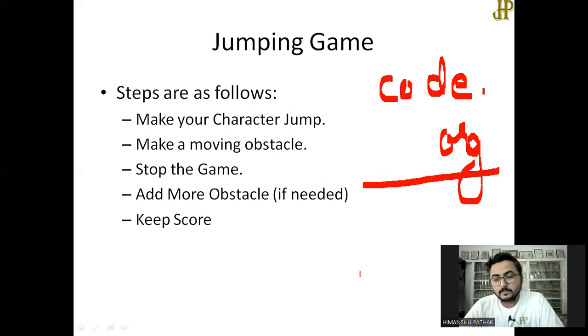Now, I am going to show you a jumping game, how to create a jumping game. So what are the steps? Make a character jump. I have taken a character and that character should jump upward and downward. After that, I have to make a moving obstacle. Again, a new sprite is to be taken as an obstacle,